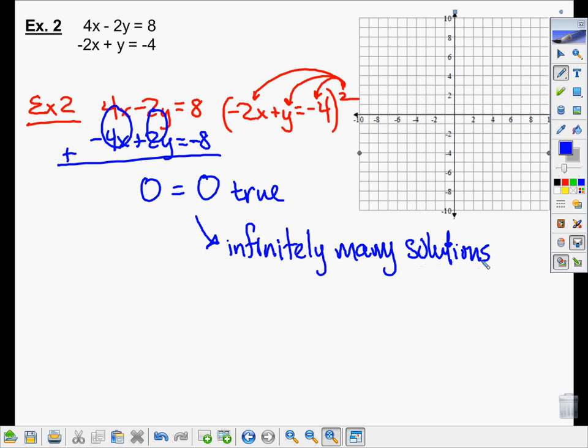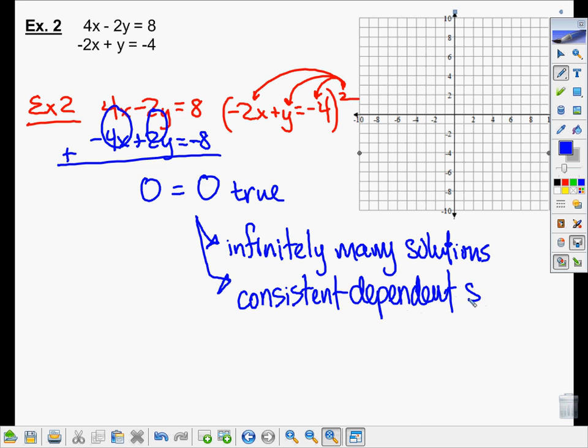And if it's got infinitely many solutions, that is where we're going to call this a consistent dependent system. What's got to happen in order for you to have a consistent dependent solution? Since the equations that we have here are both in standard form, if we go back and we were to graph these again by using our intercepts,